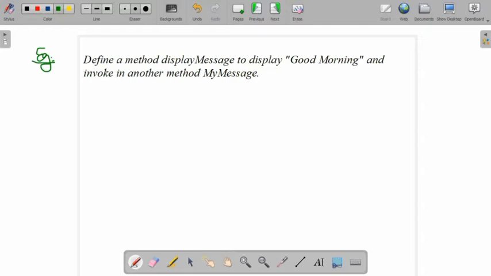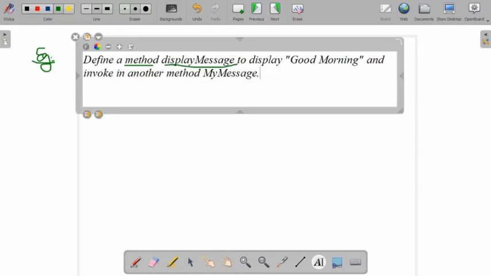Okay. So here the question: define a method. Method name is display message. So we can write the method name as display message. Yes. So here, I am writing class demo.